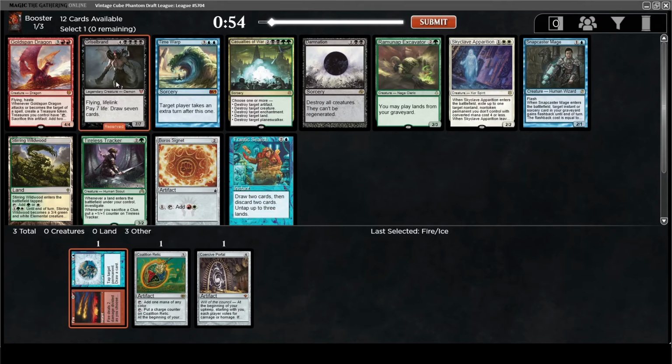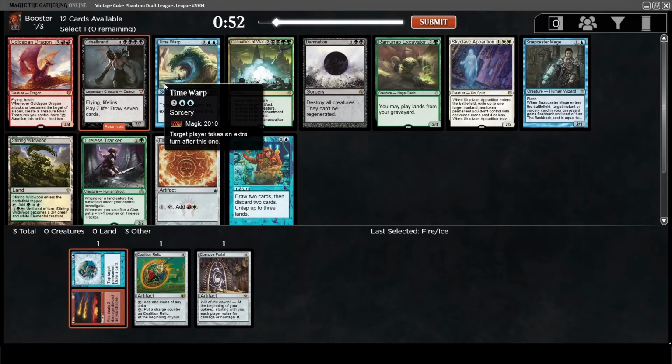Just more get it. Seeing Gristlebrand means that Reanimator's super open. Reanimator's normally open, so that's not like a huge shocker. But if we were to take in Grave Titan, reanimate Gristlebrand, we'd be in a great place. Also, Damnation's in this pack, so